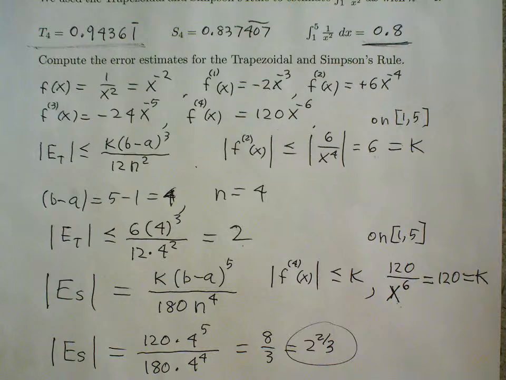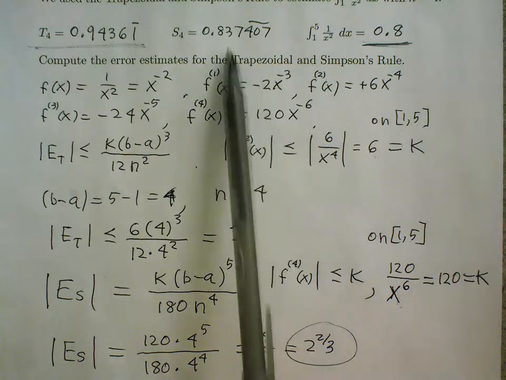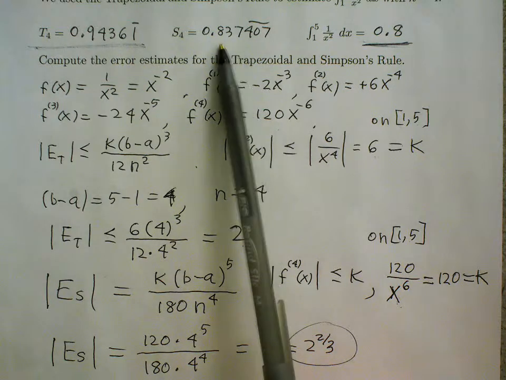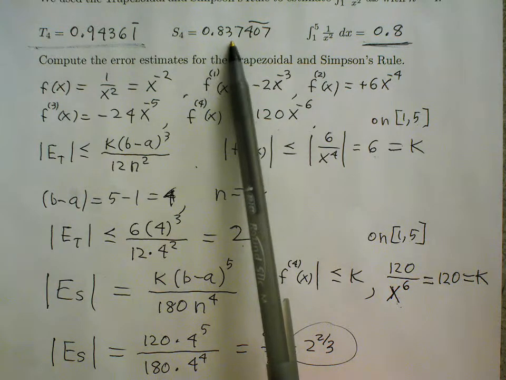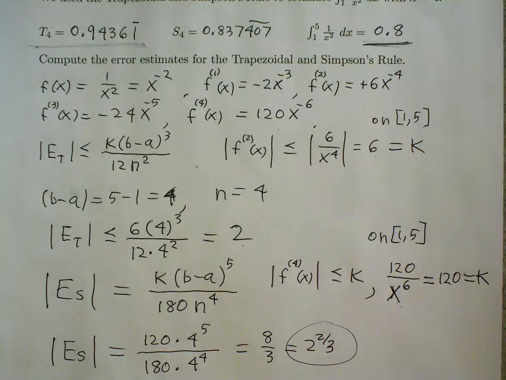And our Simpson's approximation is much closer than 2 2/3. It's less than 0.4 off. So this looks like a pretty conservative estimate. Yeah, on the next page,